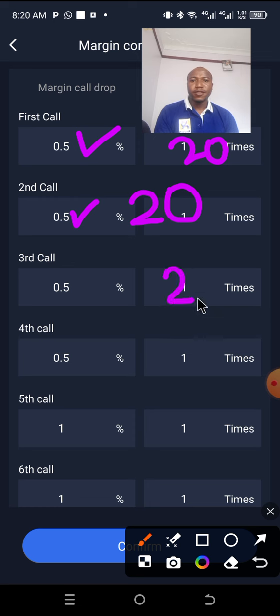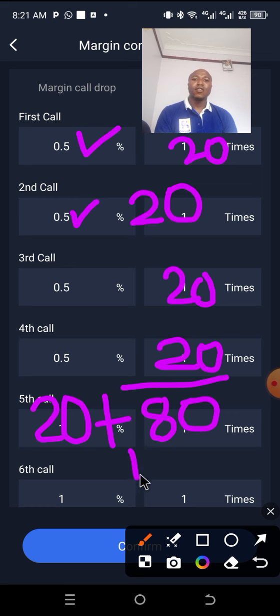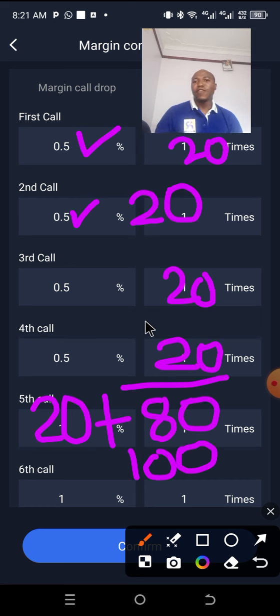Here we have $20, and again here we have $20, making a total of $80 that I invested on the first 4 margin calls, plus the other $20 that I started with, making a total of 100. Are we clear, guys? That is the reason why I normally use 0.5 as the first drop after using $20